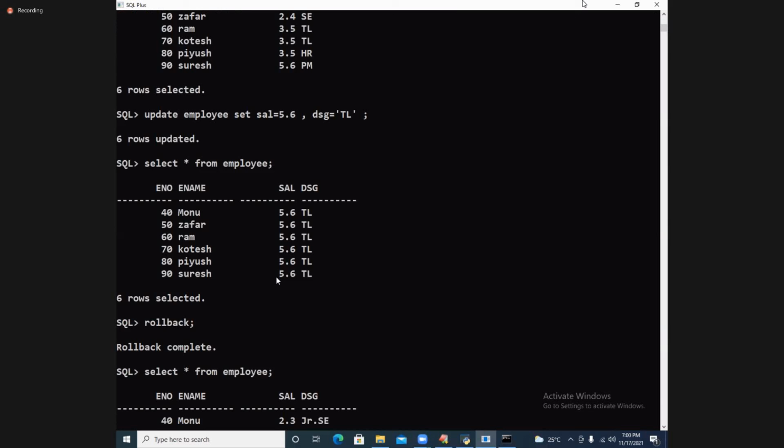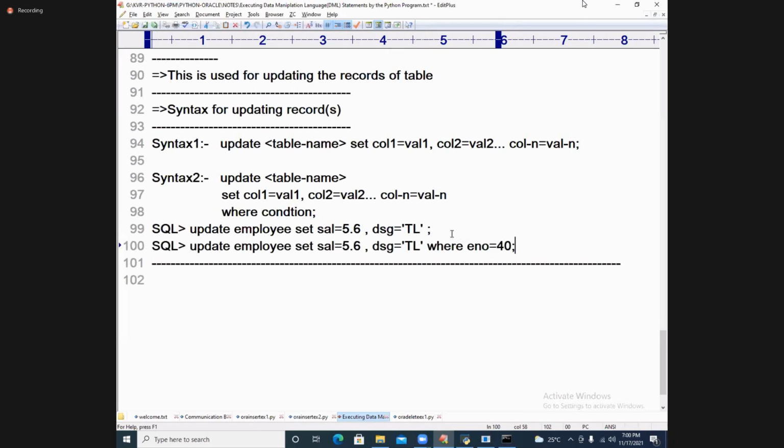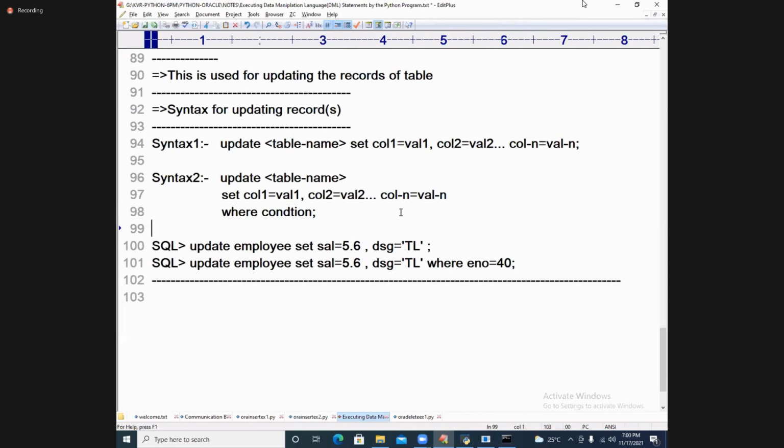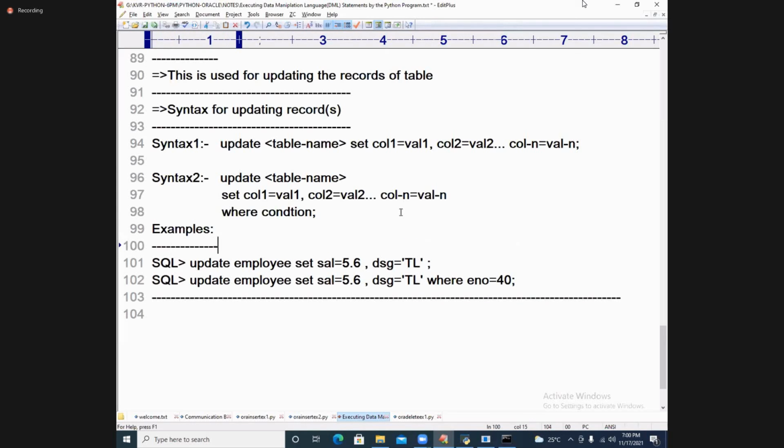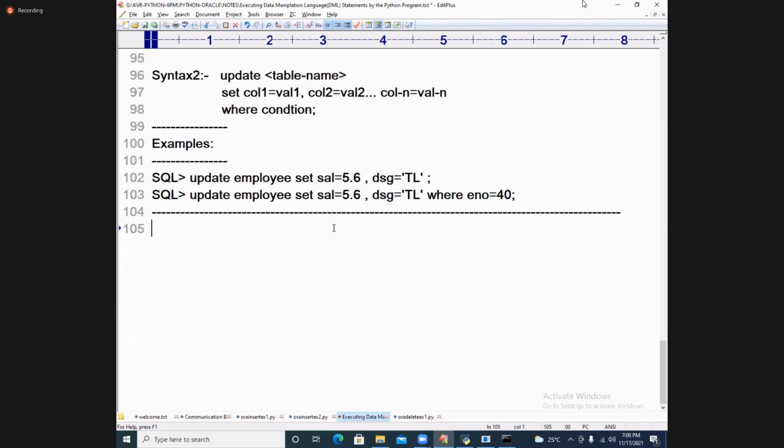Next up, I want to update with a certain condition. I just want to take this part also. Here I am writing like this. This is called examples. Fine. Done.